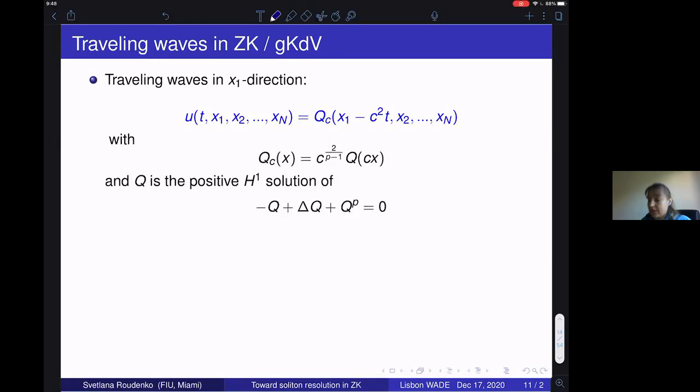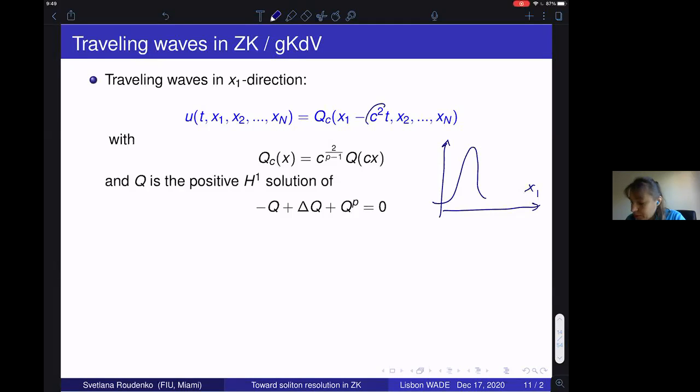Okay, so now we talk about the coherent structures. That's exactly what's interesting in this equation, and how this equation was even introduced: to consider the solitons and their stability. One of the very nice features of this equation is that it lets you study higher dimensions while really having a kind of one-dimensional preference, meaning that our traveling waves or solitons will be traveling in just one direction, the x1 direction, and only in the positive direction.